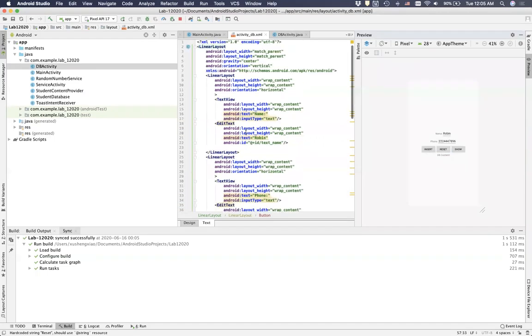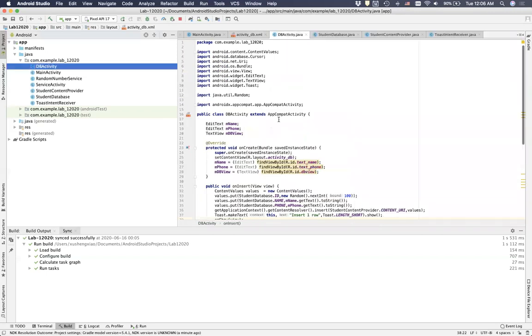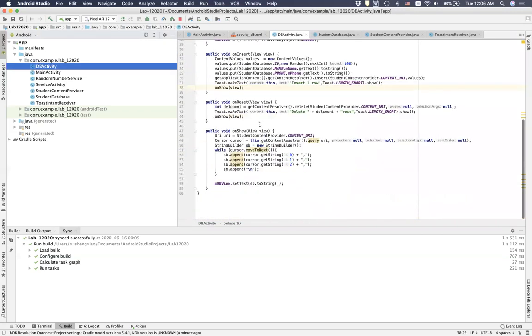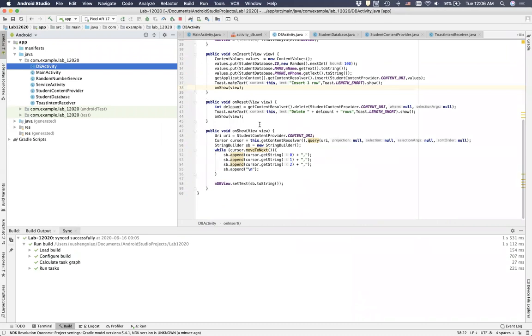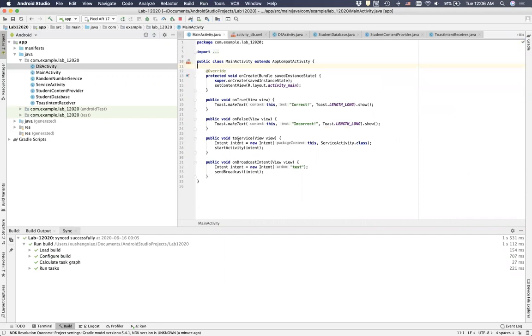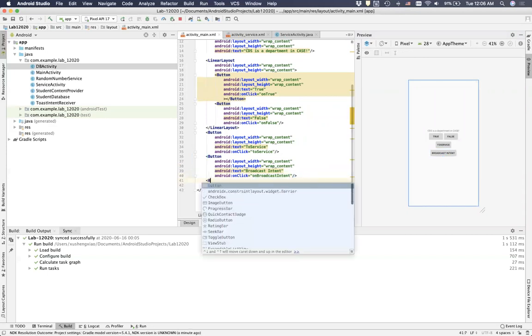You can immediately see that the preview pane is updated correctly with the layout with several buttons. We have one button to insert new data, one button to create the database, and one button to show the current state of the database. Now if we go back to the activity, you can see that all the errors are gone because the UI now matches the background code. The final thing we need to do is create a new button here to go to this DBActivity. The way to do it is to create a new button,